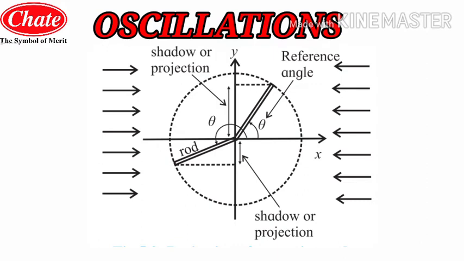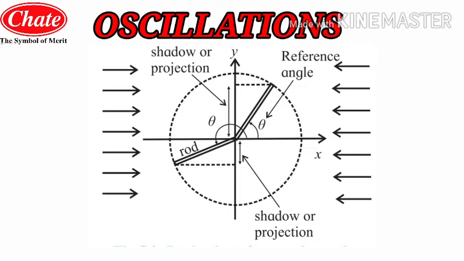In this method, the useful diagram which we have to use you can see on your screen. The diagram shows that the rod is rotating in a vertical xy plane. You can see this rod, indicated by the double lines which are close to each other, moving in the xy plane. This is the rod which we have to use for this reference circle method.